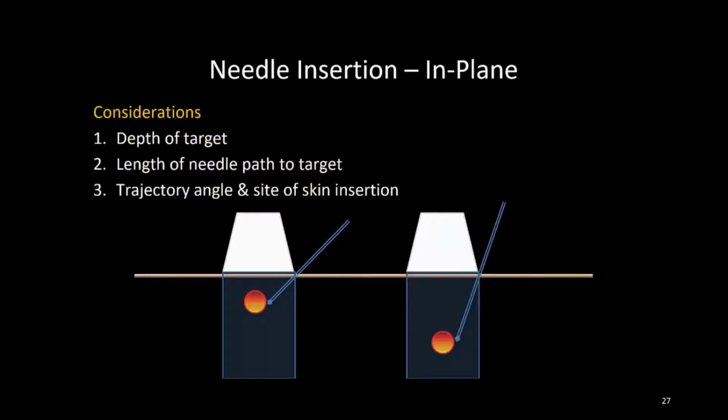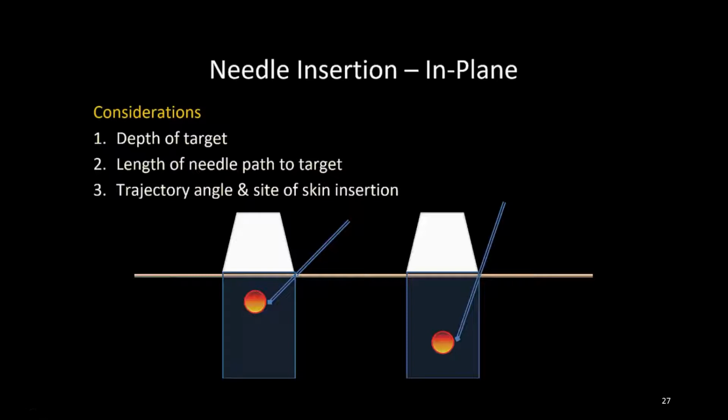When we are talking about this, the question of needle insertion comes. Here, we should always consider the depth of the target. If the target is shallow, then we can go for a 30 to 35 or 45 degree angle so as to hit the target of the nerve. But if the structure is a little bit deep, then we can always go for a steeper angle. Along with that, instead of going at a steeper angle, we can always shift our needle and then go for a shallow angle.